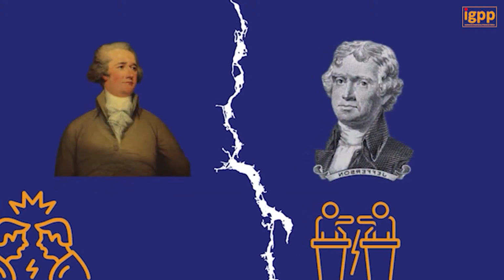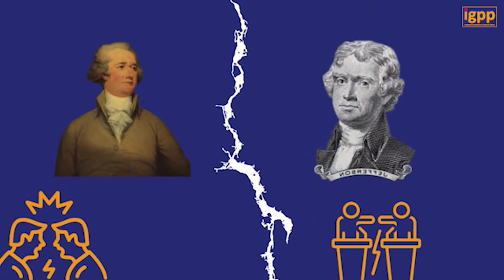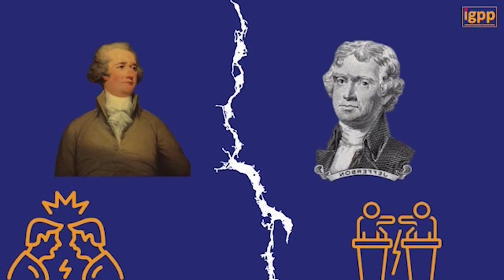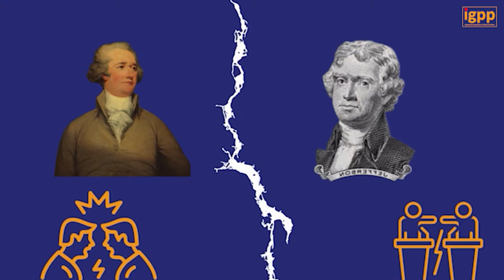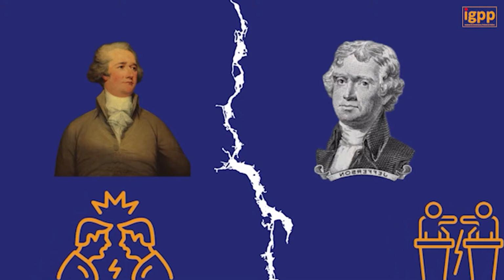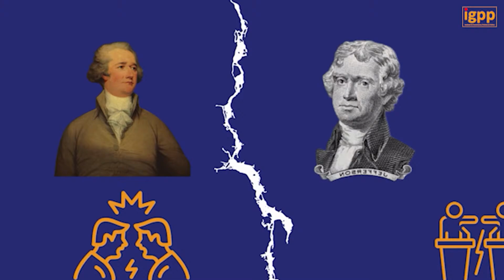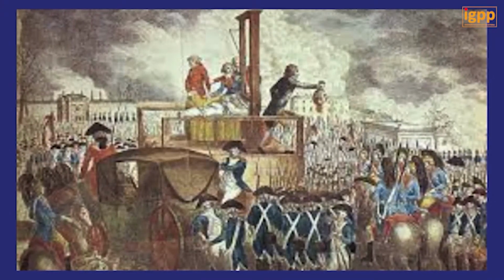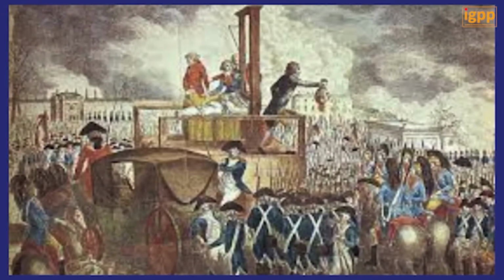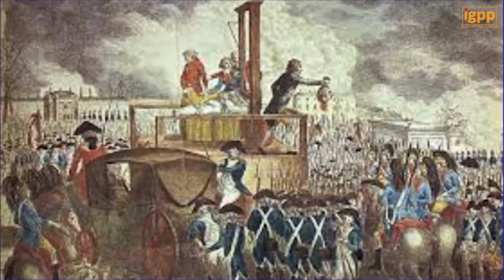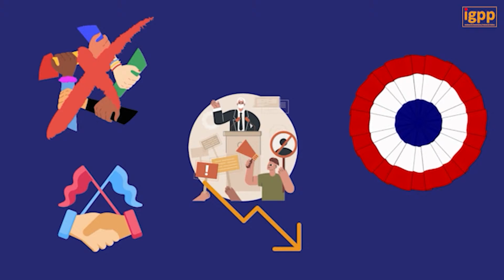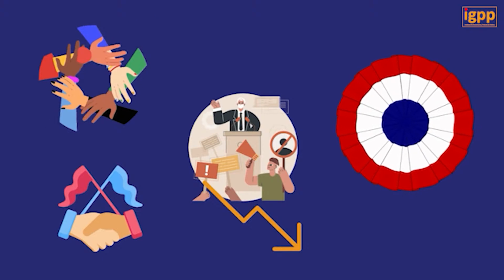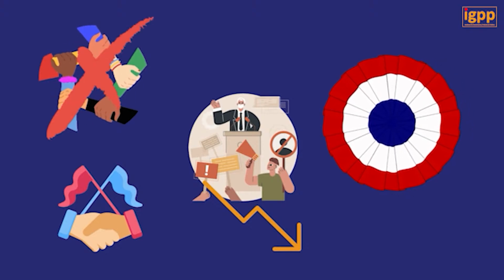These foundational disagreements laid the groundwork for what would become the two-party system in the United States, shaping the course of American politics for centuries to come. By the mid-19th century, with the decline of Federalist, the Democratic Republican Party existed less as a united political group than as a loose coalition of personal and sectional factions.